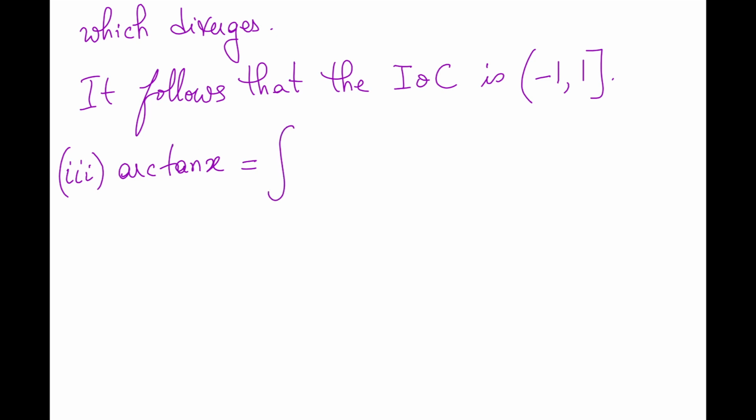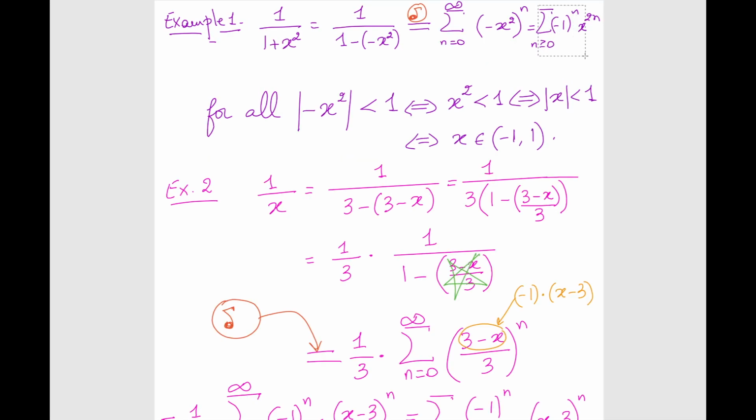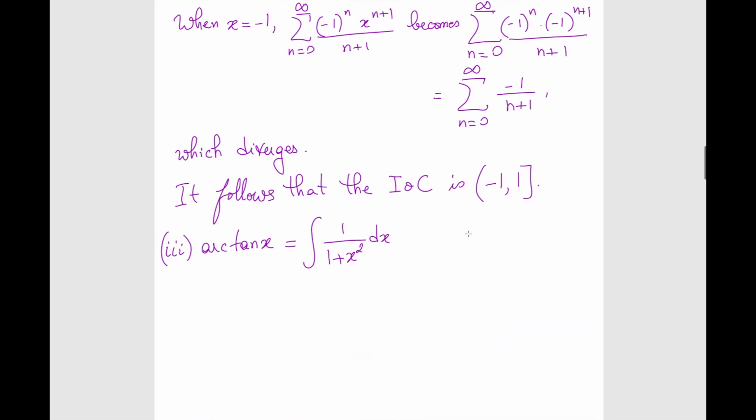Well, the primitive of 1 over 1 plus x squared is arctan, right? And we know the power series representation of 1 over 1 plus x squared. This is an earlier exercise. It's this series here. We did this. This was example 1. Let me copy it and take it with me. And don't forget the radius of convergence is 1, so the interval of convergence is centered at 0 with radius 1. I'm going to carry this information with me all the way to here. So this is equal to, by example 1,